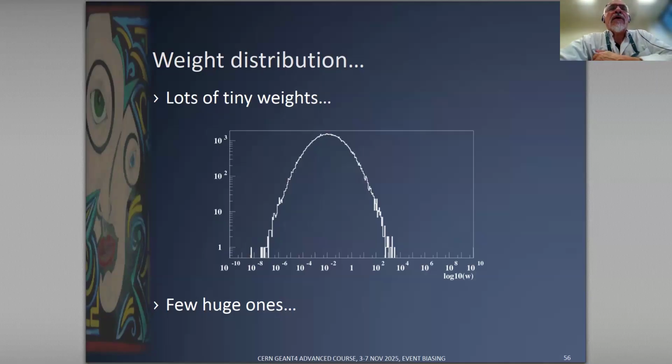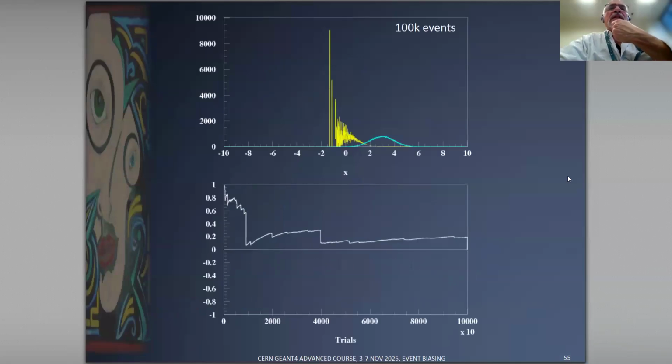And in fact, if we, yes, let's go back one slide. And so this large weight, in fact, are due when, so you see that with the blue one, we are essentially sampling the positive part of the yellow distribution, and we are not sampling enough the negative part of the yellow distribution. And so from time to time, when you are 3, 4, 5, 6 sigmas away from the mean value with the blue distribution, that is with very low probability, you are still in a very comfortable range for the negative